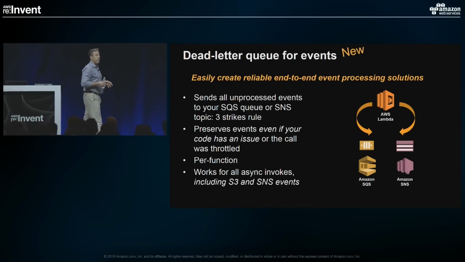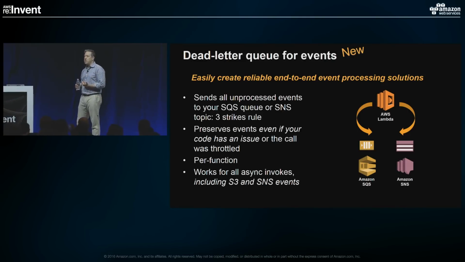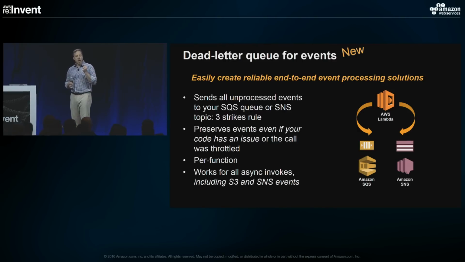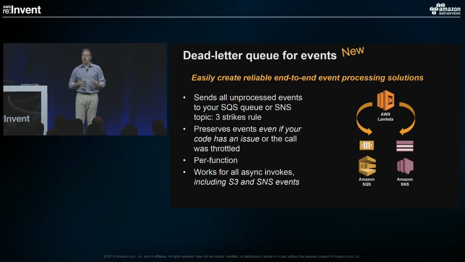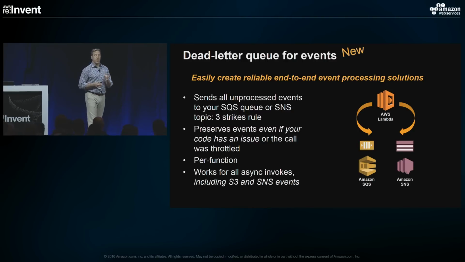Now, as you might have heard me say earlier, one of the things that we've heard from lots of our customers is that they need a way to create completely reliable end-to-end processing when they're doing asynchronous events. Either because they don't want to lose something, maybe they uploaded an object and they need to ensure that it's been processed, or maybe the content of the event itself represents information that they don't have stored someplace. And without a highly reliable mechanism, they have to create duplicate copies, or they have to have a second channel for that information, meaning that their serverless architecture might not be as simple as it could otherwise be.